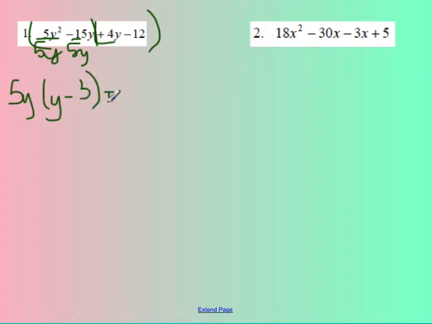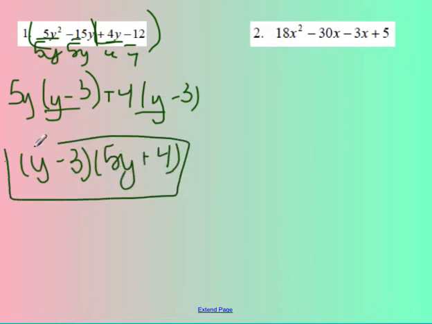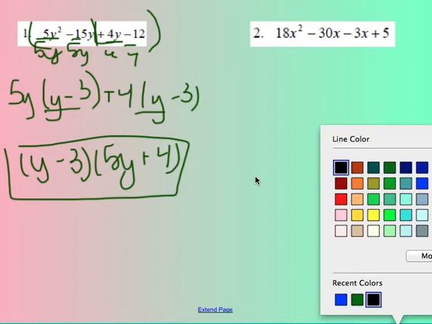Between 4 and 12, you can divide out a 4. So you're dividing each term by 4, and then you're left with y minus 3. So if you look, our leftovers are matched, so we're going to factor those out, and then we're going to write what's left after that, which is 5y plus 4. So that right there is your final answer for number 1. Let's take a look at number